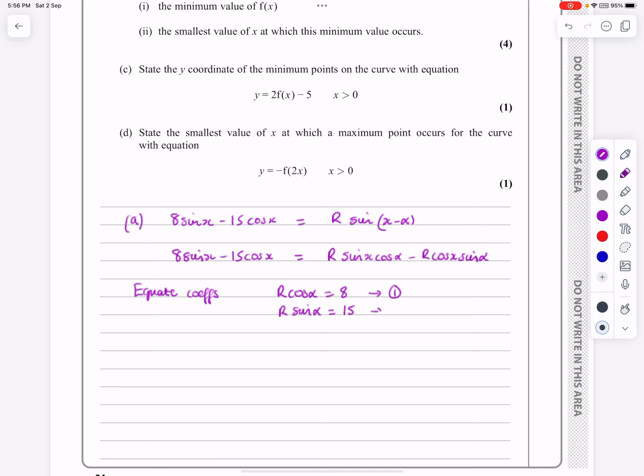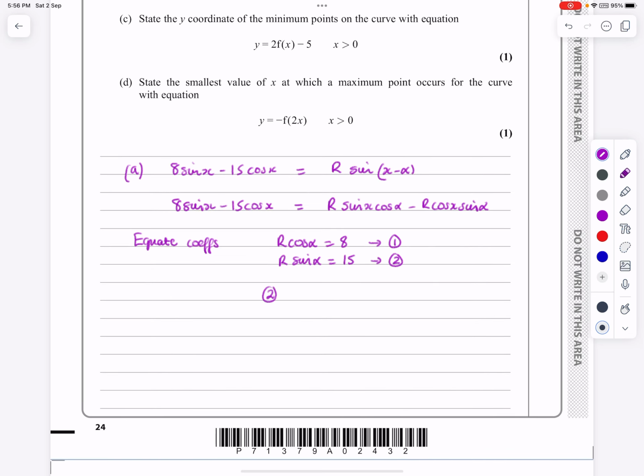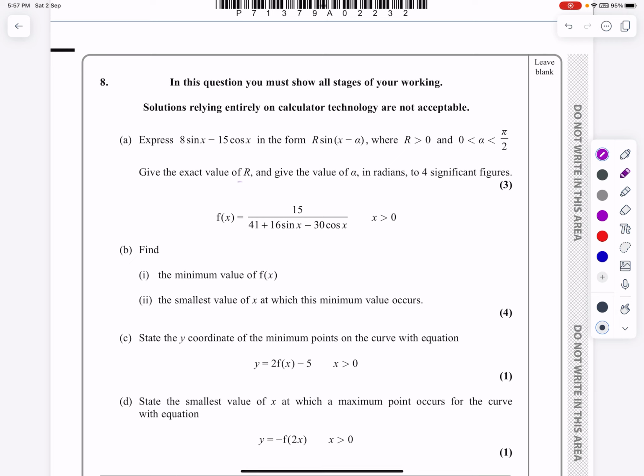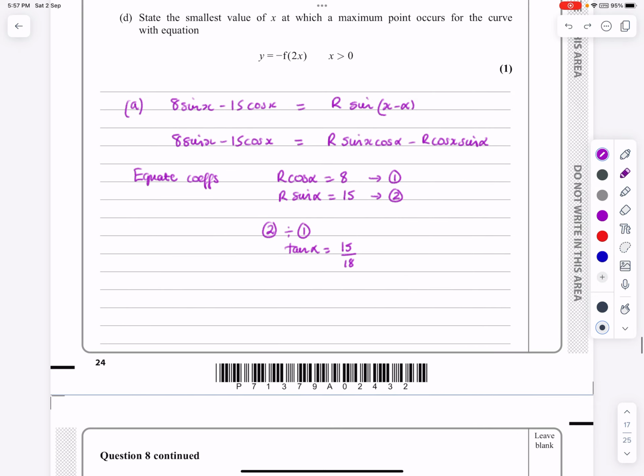We label the equations 1 and 2, and then the way to tidy those two up is if we do 2 divided by 1, the R's will cancel and we get sine over cos, and sine over cos is equal to tan. So we're going to get tan alpha is equal to 15 over 8. So remembering, or just checking if you haven't already, what do we want? R is going to be an exact value and alpha is going to be in radians to 4 sig fig. So make sure your calculator's set as radians. Tan to the minus 1 of 15 over 8 works out to be